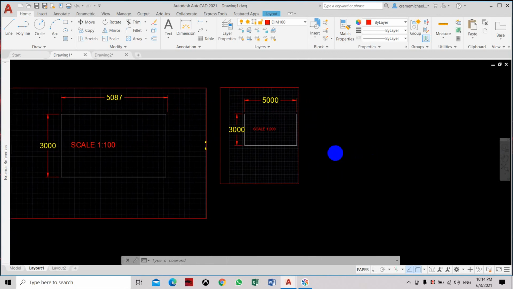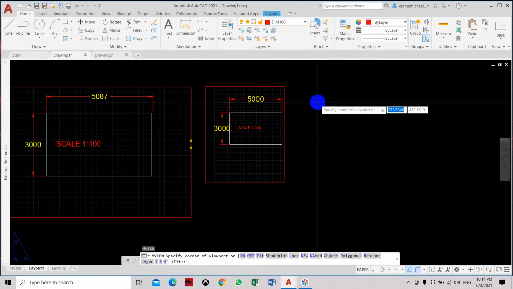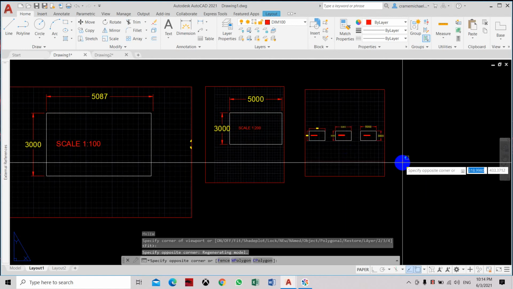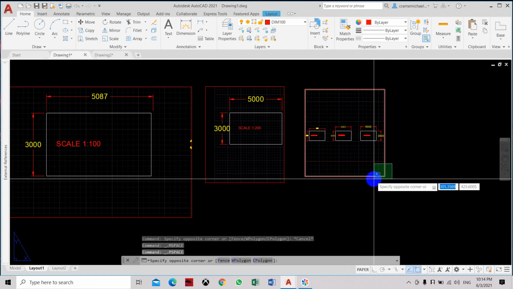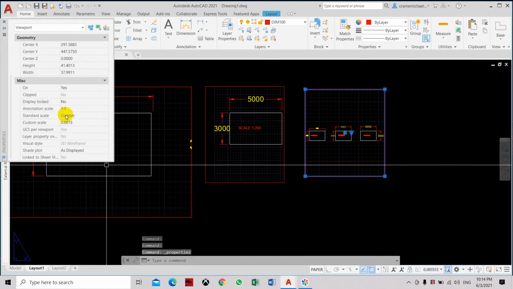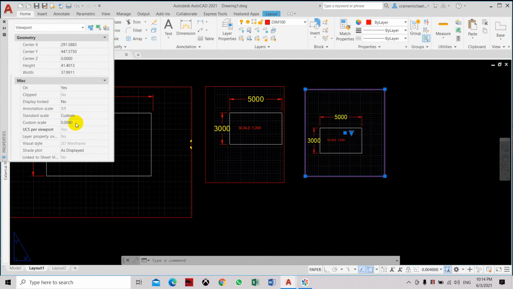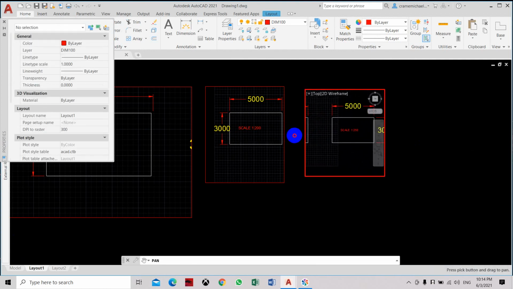So now let's create the third viewport. Let's type MV again. Enter. Here, double click inside so you can have the view. Select the viewport, click properties. Here we're going to set the custom scale to 0.004. You already know it, so let's see. Let's move the view to see the 1:250. Click outside,